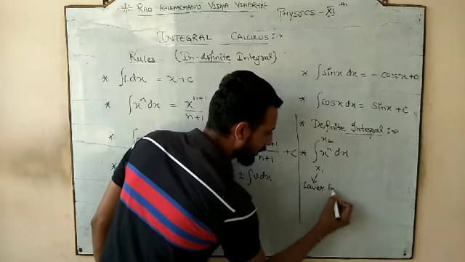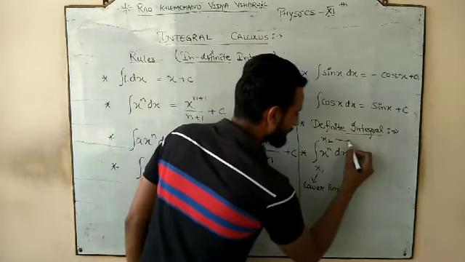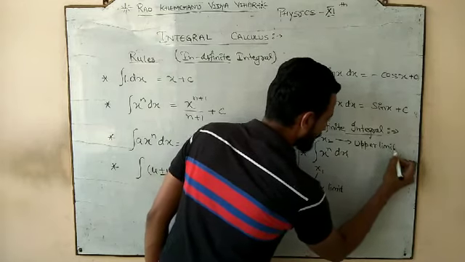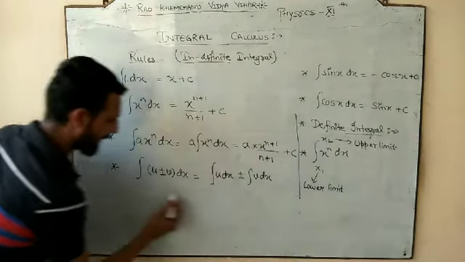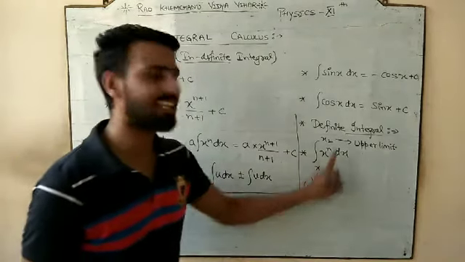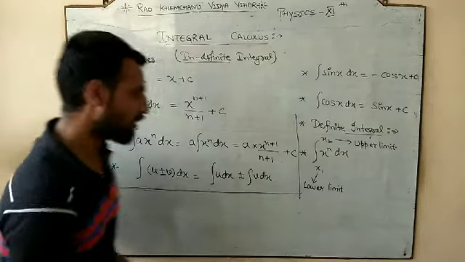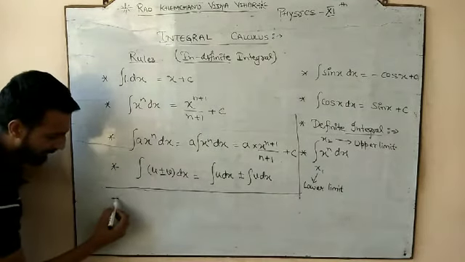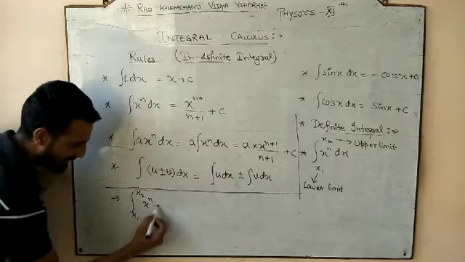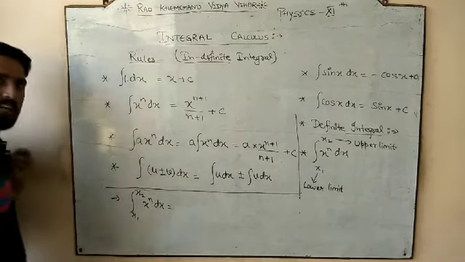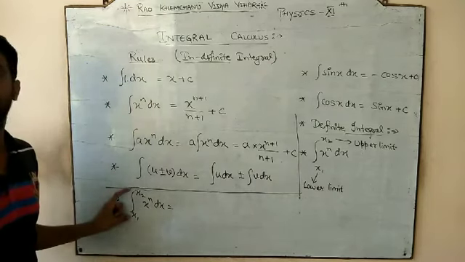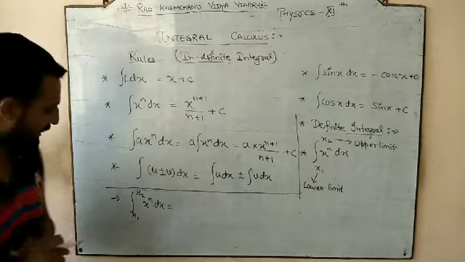This lower point is called your lower limit. And this is called your upper limit. So this range is defined as the limit of integration. So for this I am writing here the integral from x1 to x2, और किसे स्टडी करना है? x power n dx. So how to solve when we have a limit? हमें मालूम है हमें यहाँ से यहाँ तक पढ़ना है, and that is called the definite integral.